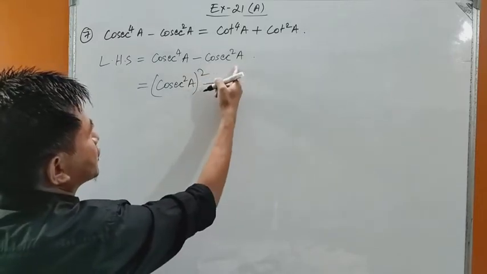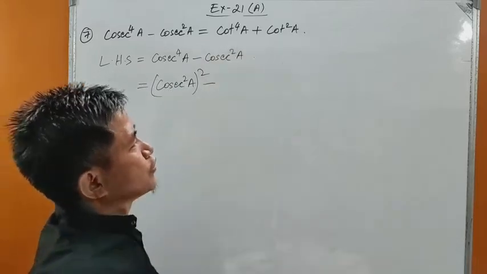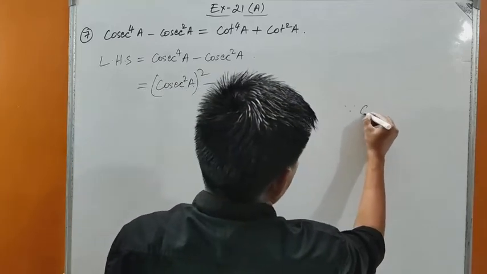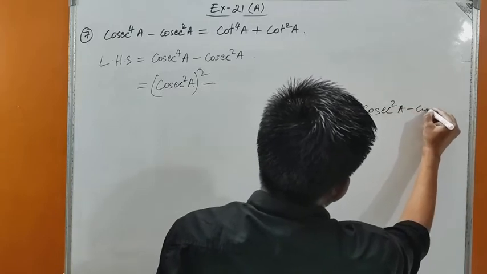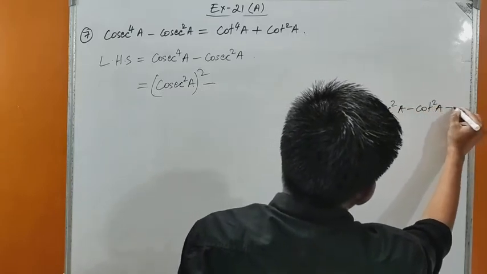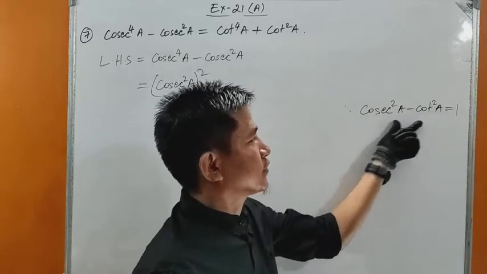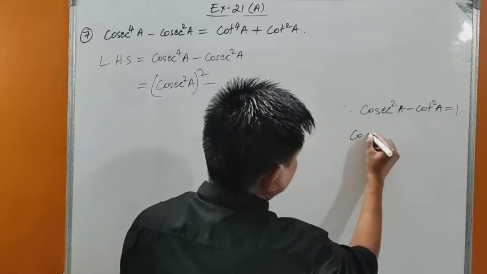So this minus cosec square a, we need cot in the right hand side, isn't it? So let's convert this into cot form, okay? Since we know that cosec square a minus cot square a equals to 1. Cosec square a minus cot square a equals to 1. This is the formula which I gave you yesterday, isn't it? So cosec square a